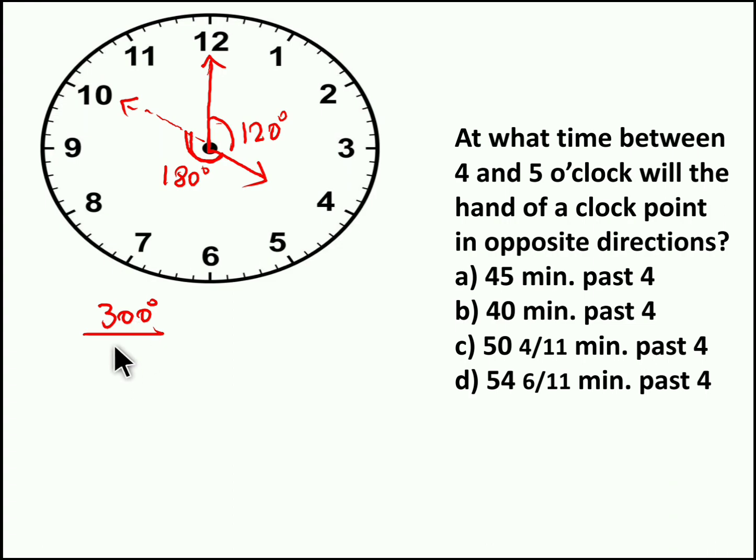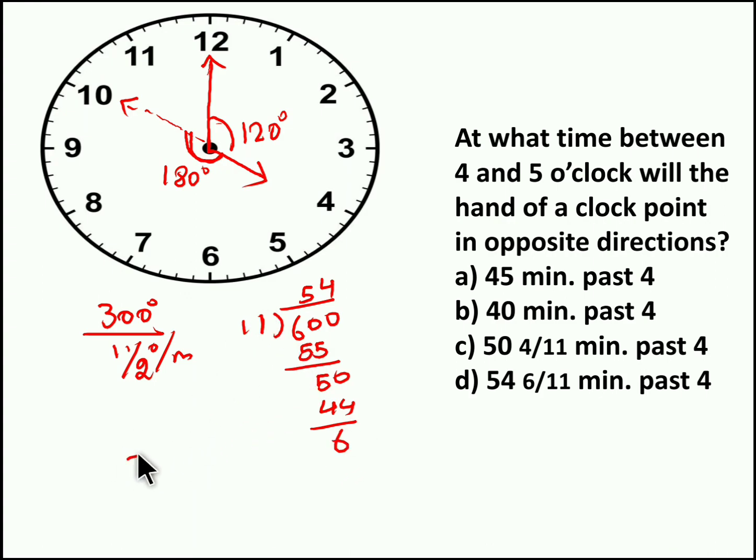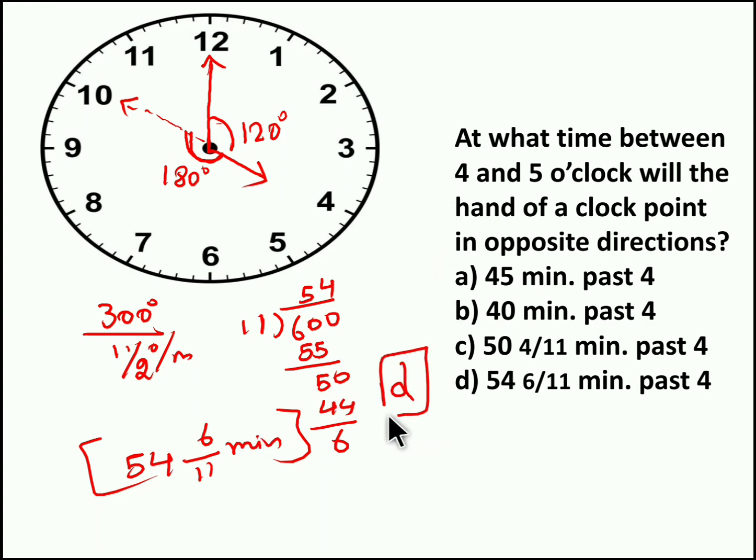So 6 minus half, it's 11 by 2 degree per minute because it's relative speed, right? So when we cross it, we get 600 by 11. So 5 times we get 55, and again 50, 4 times we get 44, remainder we have 4. So simply we can write this as 54 6 by 11 minutes after 4 o'clock, both the needles will be in straight line or 180 degrees. So answer for this question is also option D.